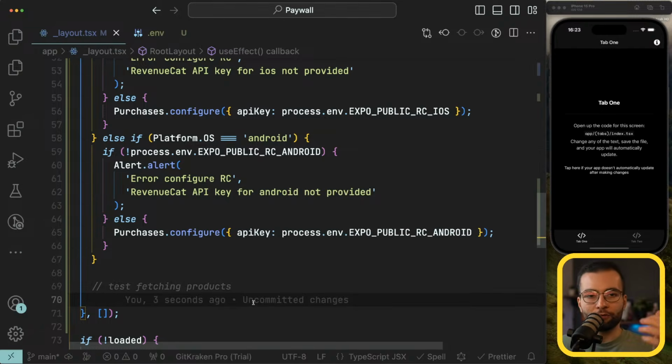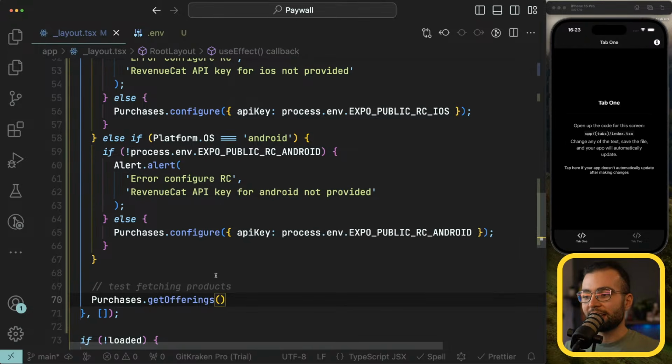That means that all our configuration is correct, because there might be situations where we misspelled something and we are not going to be able to fetch them. So this is going to be a crucial step for us to see if we didn't mess up anything beforehand. To do that, I'm going to call